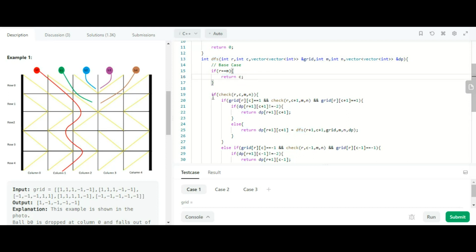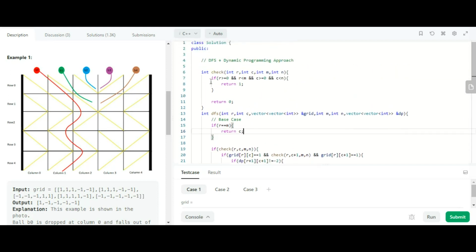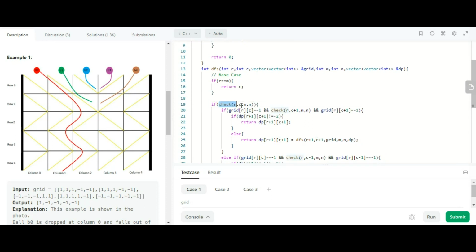After that we check whether our row and column are inside the grid or not, because this condition is required to check whether i and j, or we can say row and column, are going out of bounds. If this condition is true, we go inside this if statement and check whether the current grid value is 1 or -1.